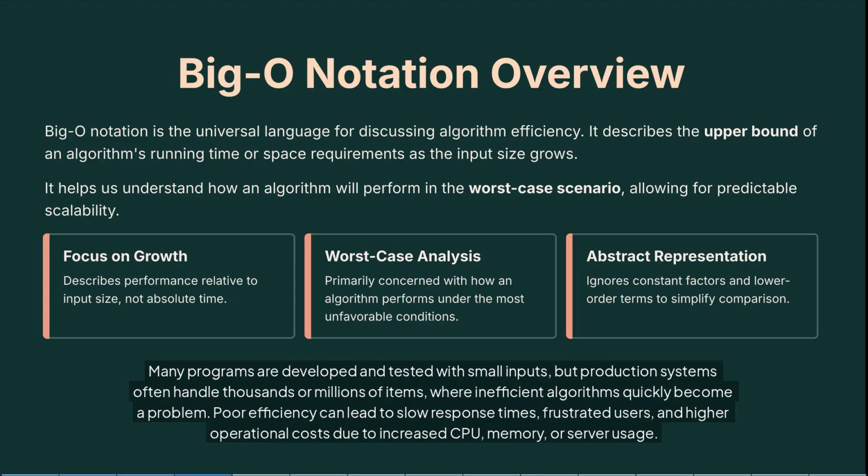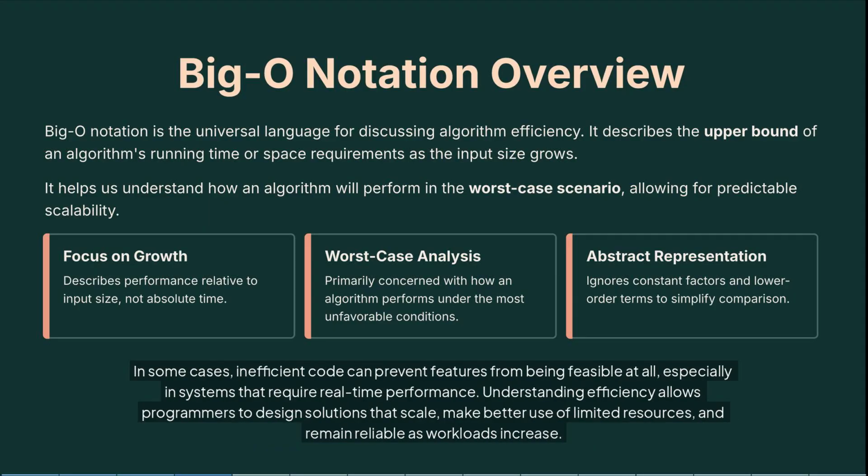Poor efficiency can lead to slow response times, frustrated users, and higher operational costs due to increased CPU, memory, or server usage. In some cases, inefficient code can prevent features from being feasible at all, especially in systems that require real-time performance. Understanding efficiency allows programmers to design solutions that scale, make better use of limited resources, and remain reliable